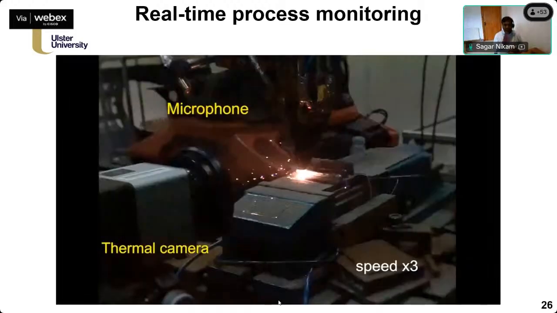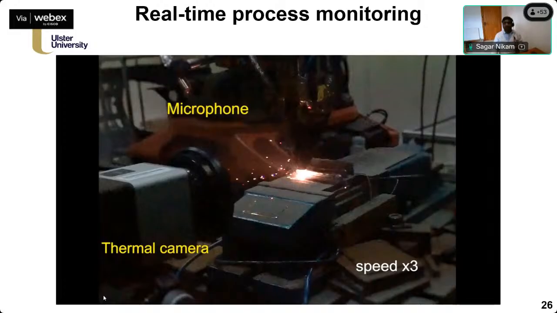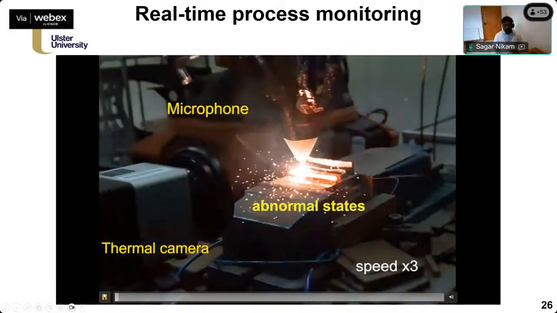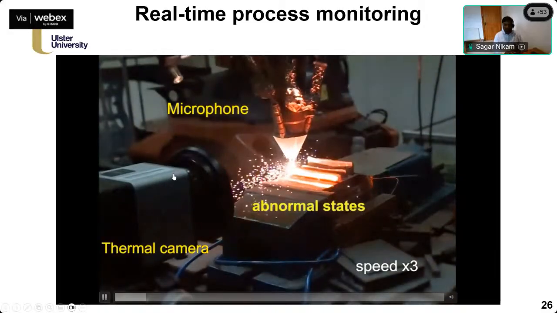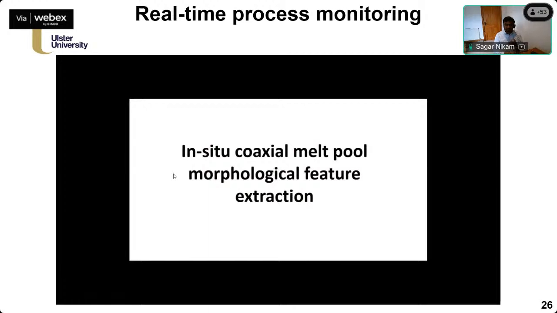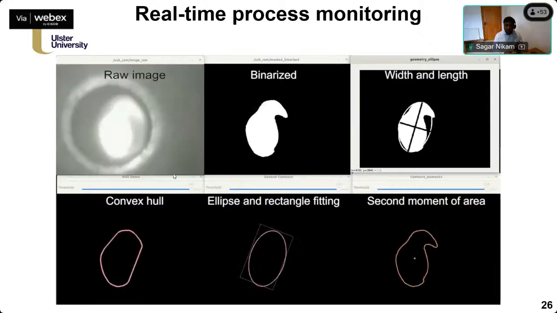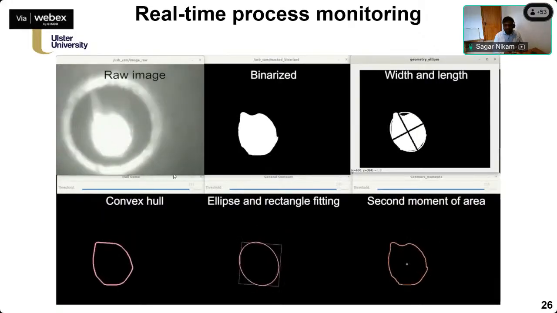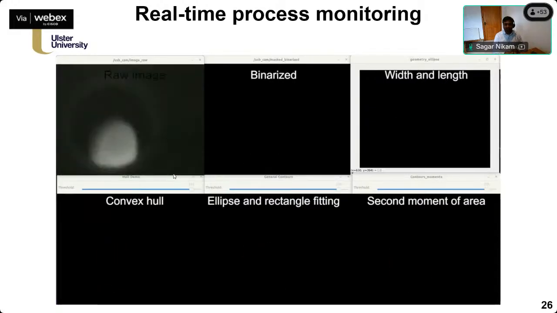So this is one of the videos that we captured on a powder bed deposition process. Not powder bed, it's a powder laser DED process. Here we make use of thermal cameras and microphones to understand its current state, like what the melt pool is, and how the behavior of the melt pool is going to be in real time.